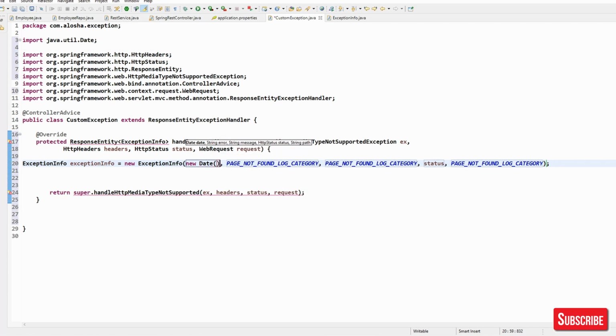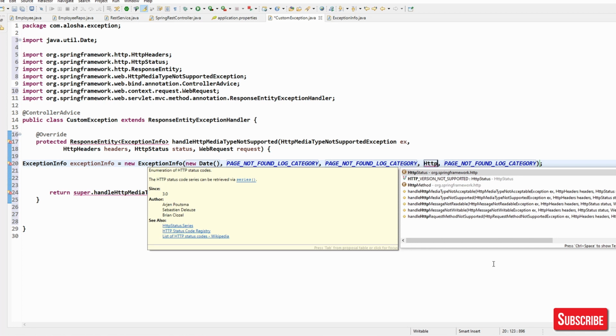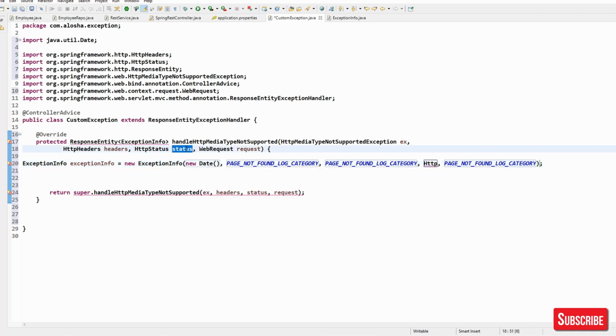This we are going to send, and the HTTP status. The same status we can send, or if you want to change it, you can change it.